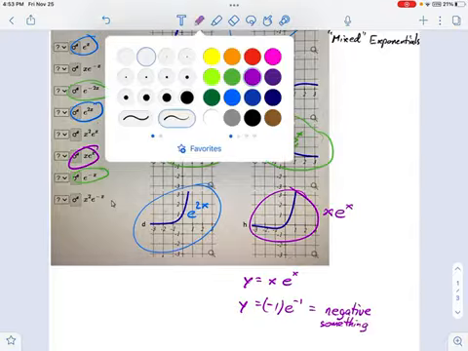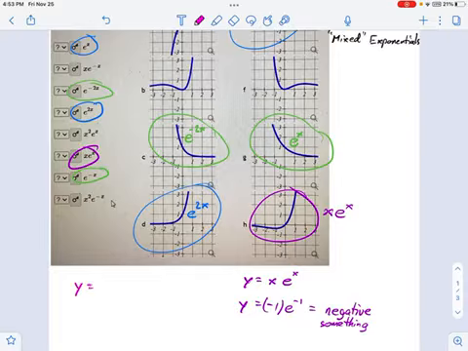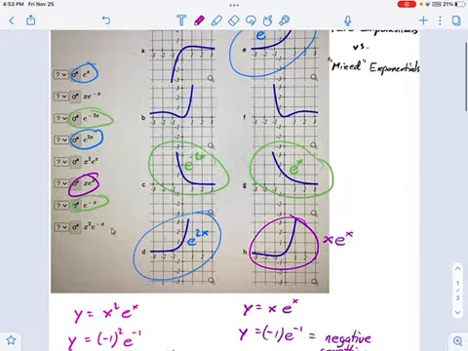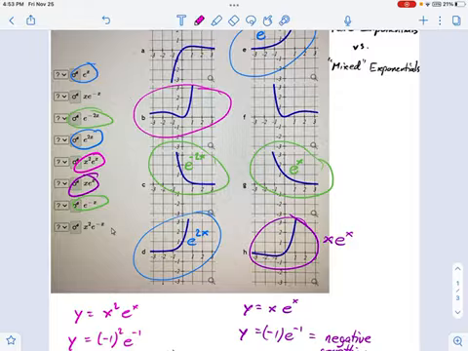Whereas if I had done something a little different, if we had said y equals x squared e to the x, plug in negative 1, what happens? Well, we get negative 1 squared times e to the negative 1. That would just be e to the negative 1, which is positive. And that negative versus positive is the main difference between these two graphs right here. You can see why this one would be x squared e to the x. Because of this bump, it can't go negative because of the x squared function that's preventing it. That's an even function, or at least the x squared portion of it is even.